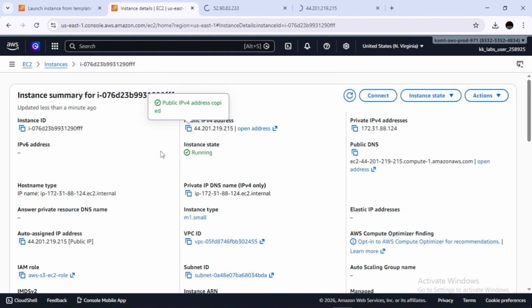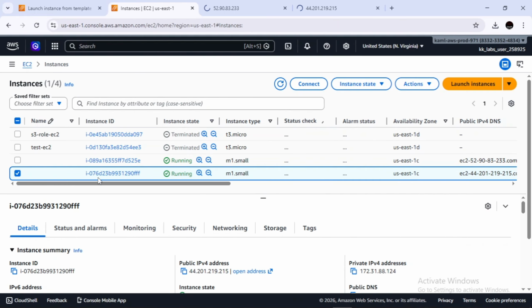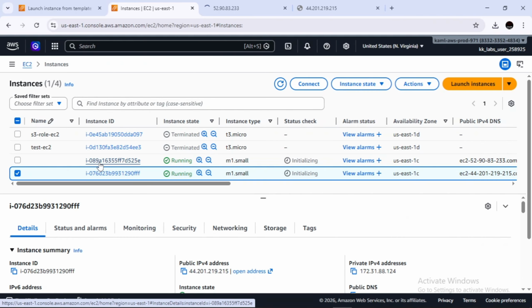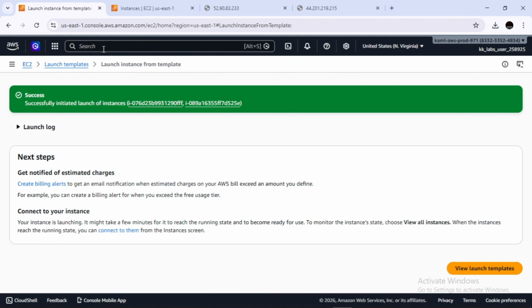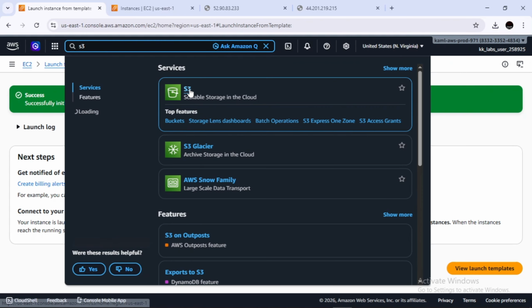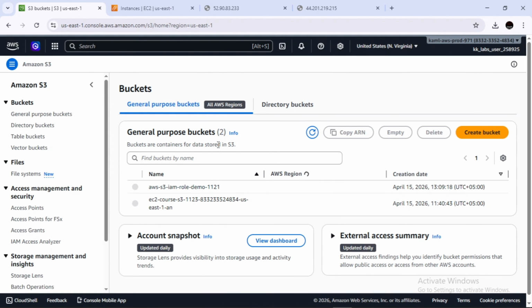and as you guys know, I have attached an IAM role to these instances. So if I connect to this instance via key pair or onto my terminal, I'll be able to upload or verify the content of the S3 buckets as well. So go to S3, and in the previous demo, as you may know, I created S3 buckets.